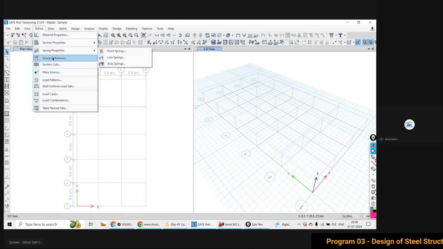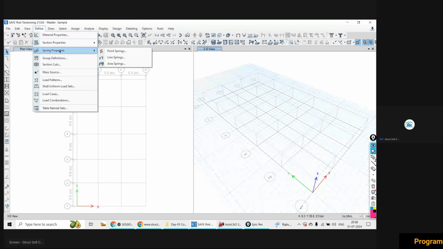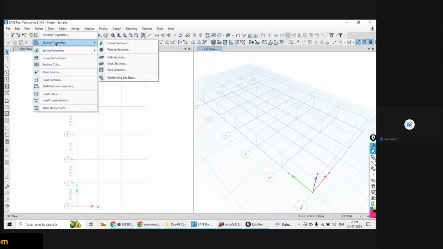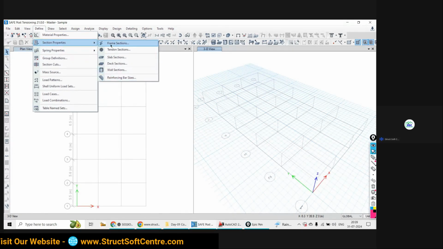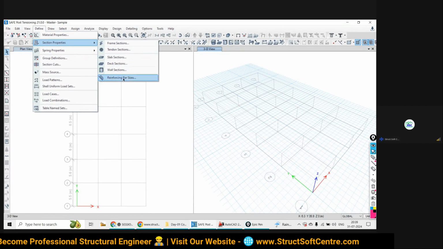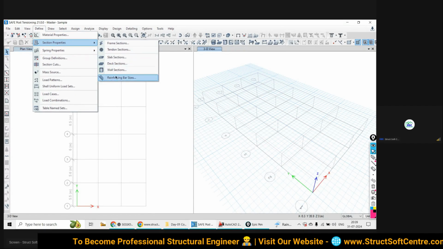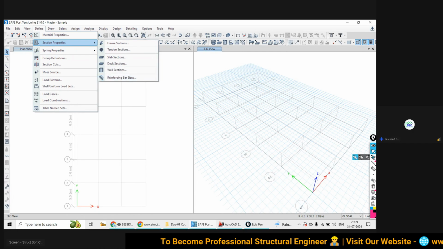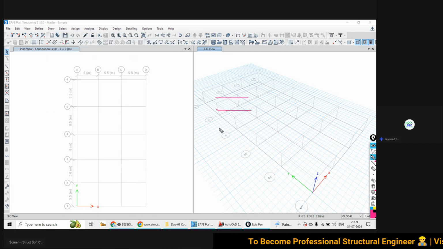okay, material properties section. Now next, go to this section property. One thing is also there, reinforcing bar sizes. Suppose you would like to define wall section and any other section that I will explain timely. But as of now, what rebar sizes you would like to consider for the design and detailing?